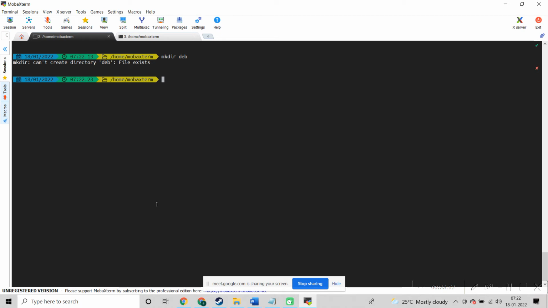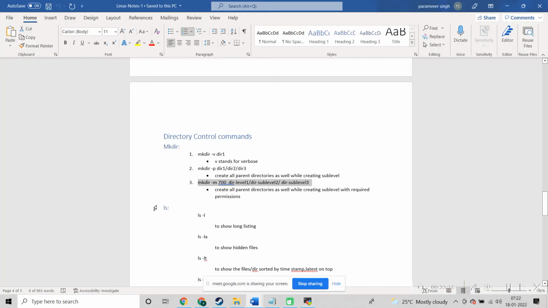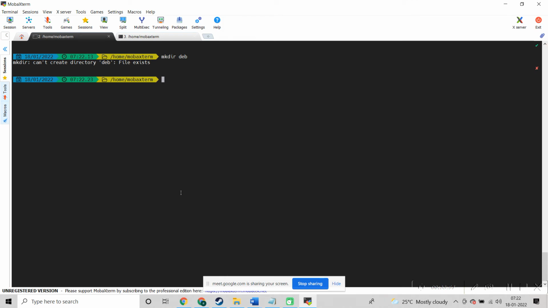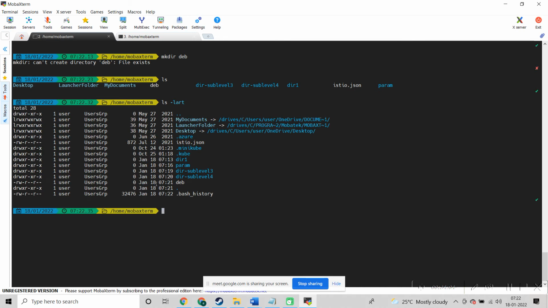So you can easily identify which is the file and which is the directory. D stands for directory, and if there is a hyphen, that means it's a file.